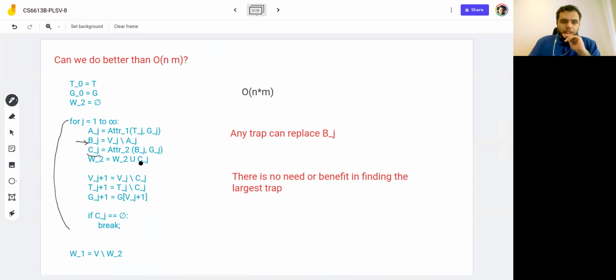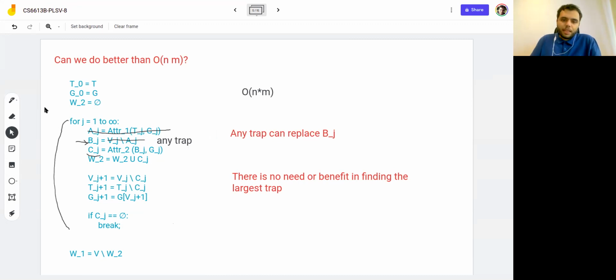But if you look at the way that we were analyzing this, we don't really need to have the largest possible trap here. We can have any trap. So there is no need in this algorithm to first compute the attractor of T and then complement it to get the largest possible trap. Instead of this, I can just here put any trap, right? As long as I can find the trap, Bj, then I can compute its attractor basically, and that's the winning set, and I can remove it,